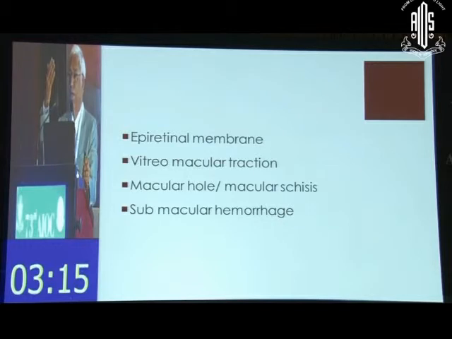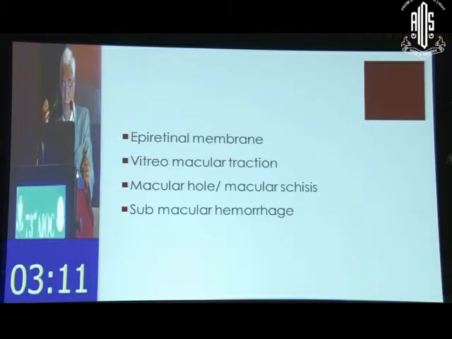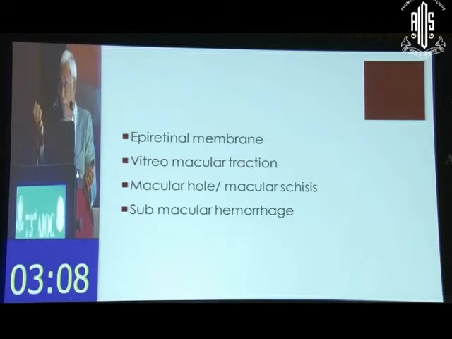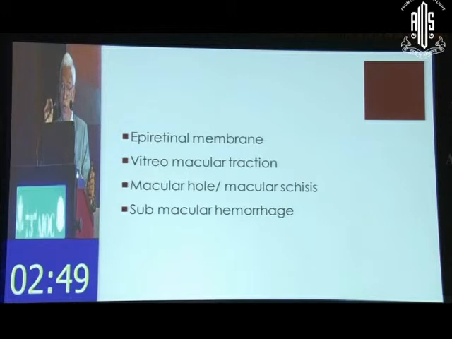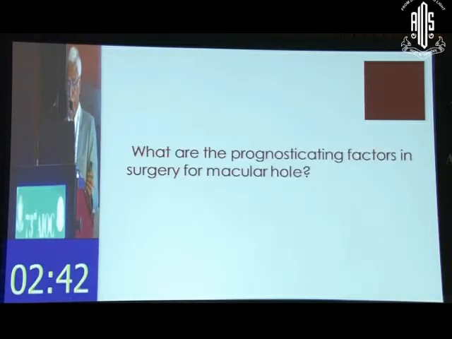So, remember, this is in front of the retina, this is within the retina, and this is underneath the retina. In front of the retina are epiretinal membranes and vitreomacular traction. Within the retina is a macular hole or a macular schisis, like in a highly myopic eye. And underneath the retina is submacular hemorrhage or subretinal cysticercosis, like in India. Okay, these are some of the indications for surgery. Previously, submacular choroidal neovascular membranes used to be operated. Matthew Thomas in St. Louis had a big series, but it all has become outmoded now because of anti-VEGF drugs.